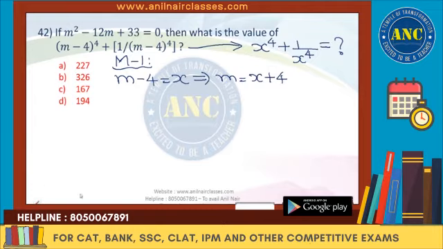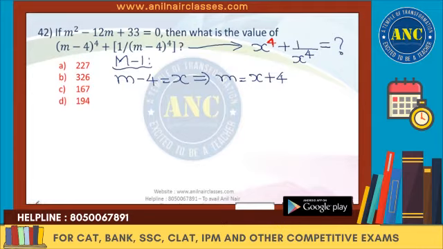Now, we already know, as I told in my previous problems, whether it is x power 2 plus 1 by x power 2, or x power 4 plus 1 by x power 4, or x power 8 plus 1 by x power 8, or x power 16 plus 1 by x power 16, always my answer will be of the form k square minus 2 or k square plus 2. But in this question it will be k square minus 2 itself, because I will prove it in the next few minutes. So if the answer should be of the form k square minus 2, directly looking into the answer options, you can say that